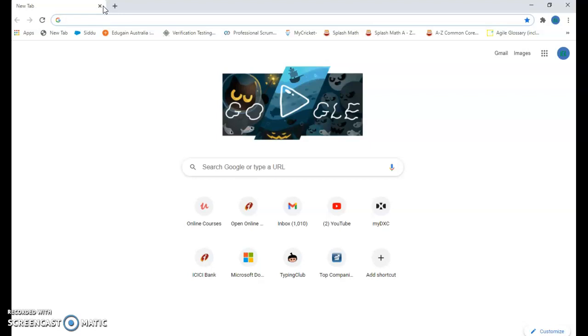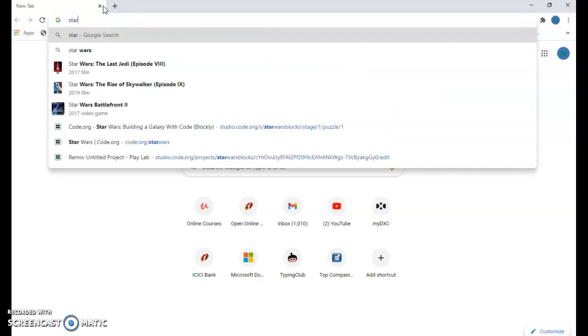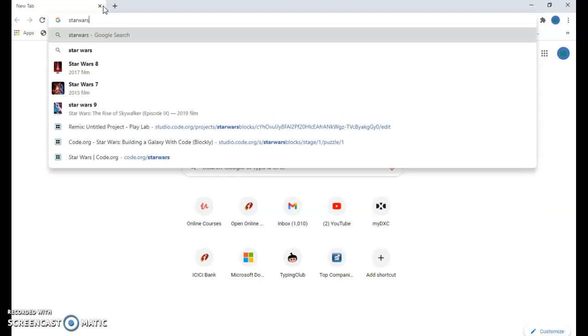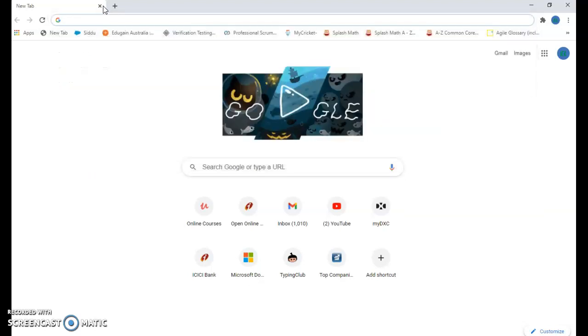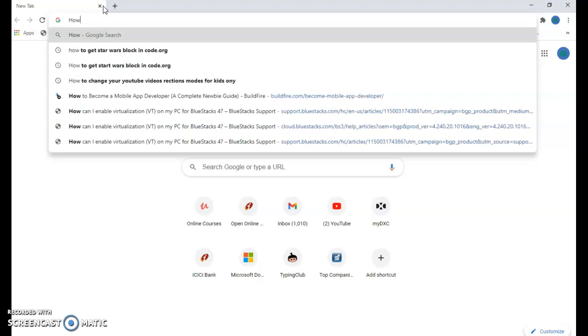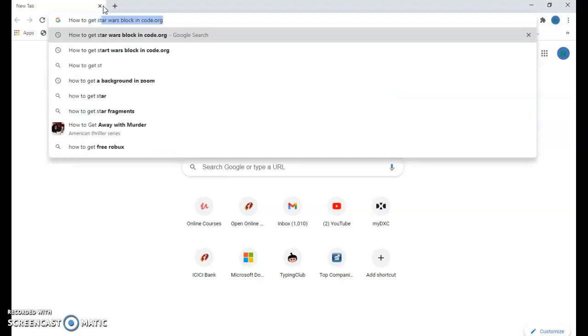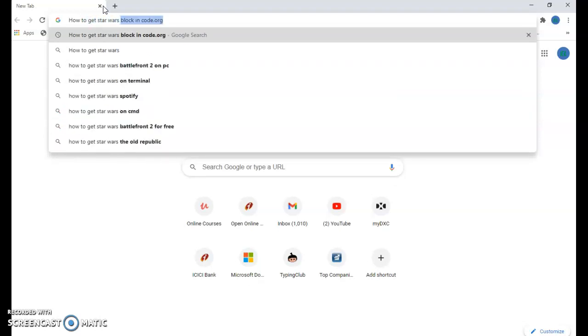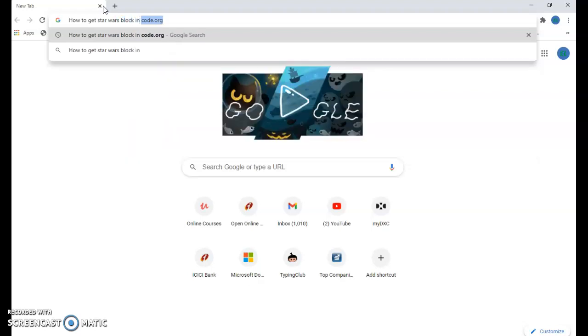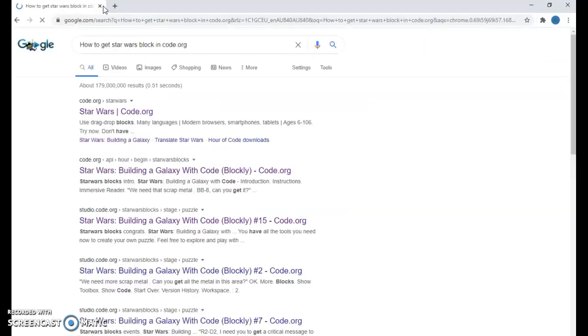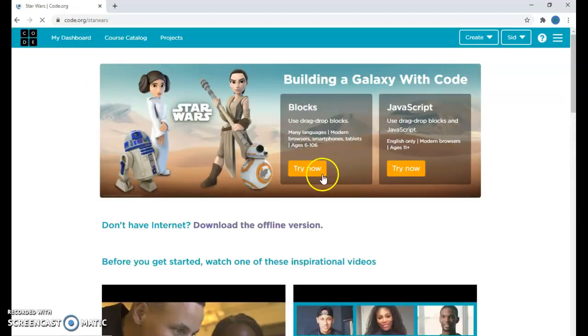So if you have Google Chrome or Internet Explorer, whichever browser you use, go and type in how to get Star Wars block in code.org, and then you will see something called Star Wars code.org. You want to go into this, and you want to go into the blocks. Click try now,